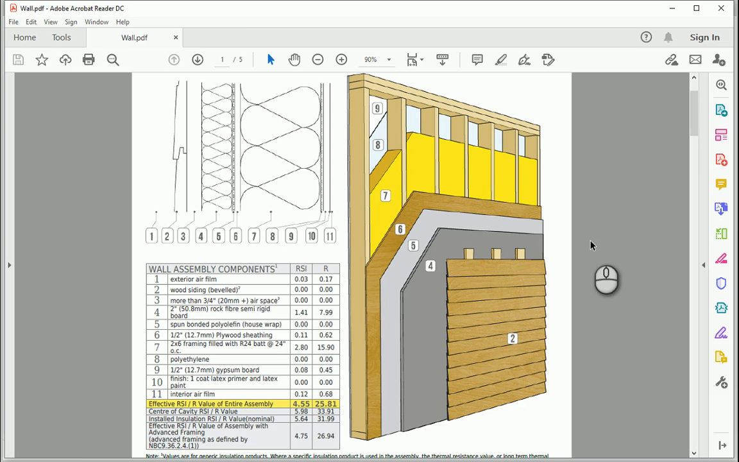Hello everyone, this is Hoda Ganji and today we are going to work on advanced walls. By the end of today we are going to create this wall and you should be able to assign all the R values correctly. To access this wall you can go to the